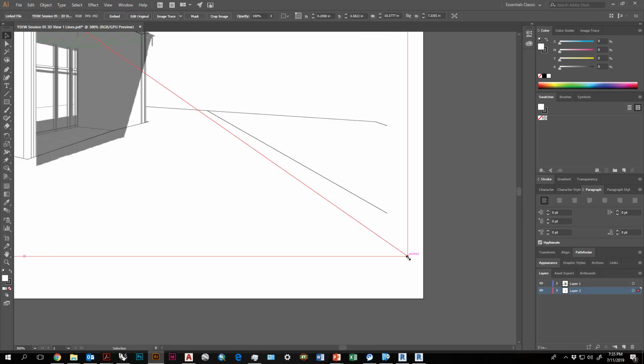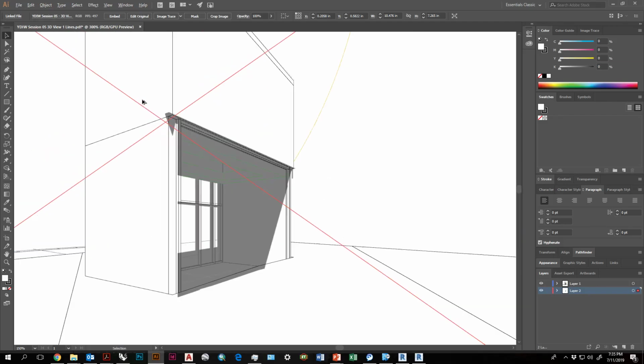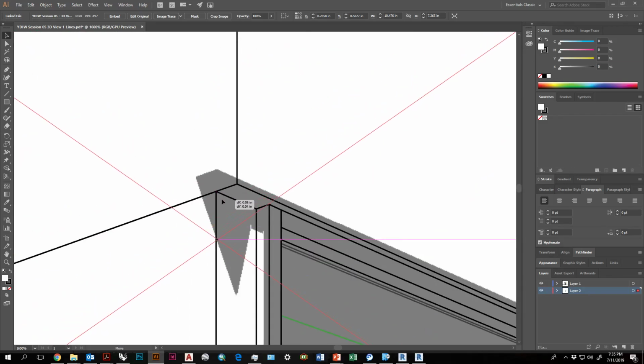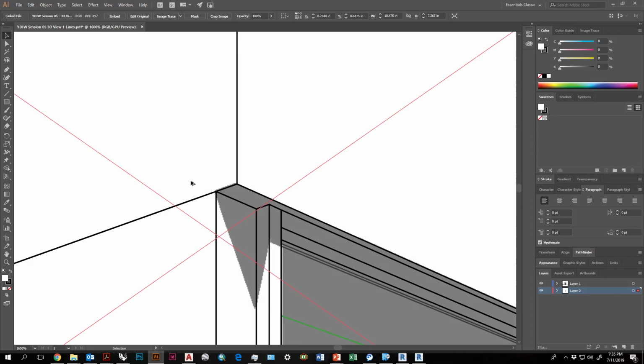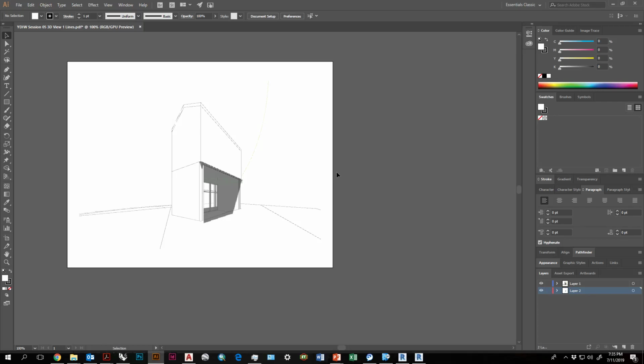So you can then go in, do a rendering. If you're doing like a manual rendering or just a 2D or line work drawing with shadows on, this is how you would do that. So hopefully that like showed you some things that you can think about doing when you're making illustrative drawings. You can throw in some scale figures and you're ready to go.